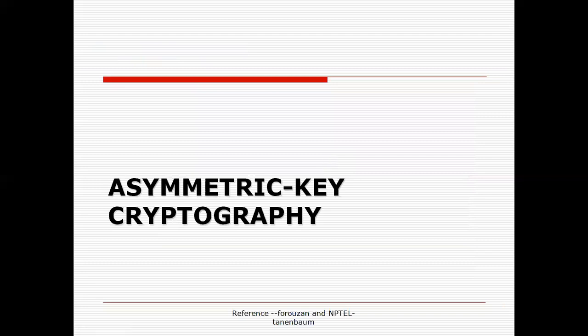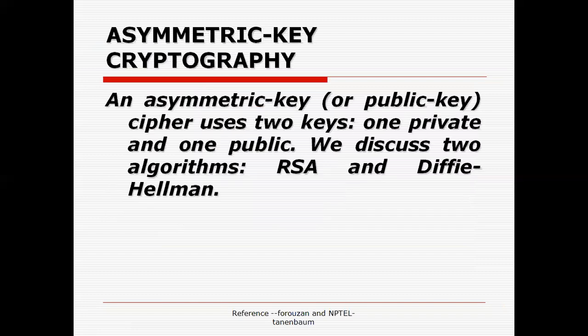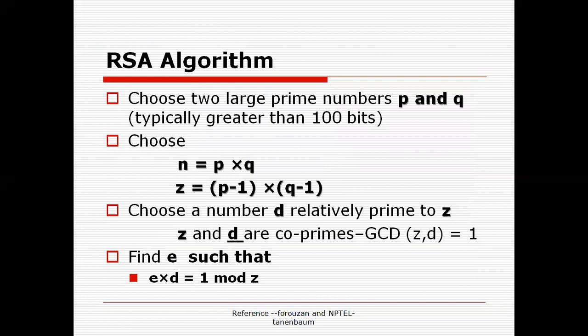Now, asymmetric key cryptography. Asymmetric key or public key ciphers use two keys. One key is considered the private key and the other key is called the public key. From the asymmetric key point of view, we will discuss the RSA algorithm. Diffie-Hellman is a key exchange technique. The RSA algorithm, although the technique is very simple, involves computations that are exponentially complex. That's why this algorithm is used in internet data exchange.